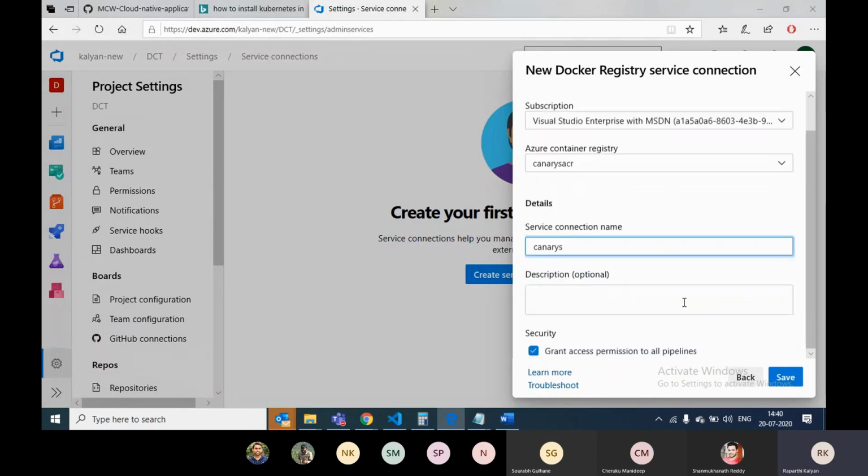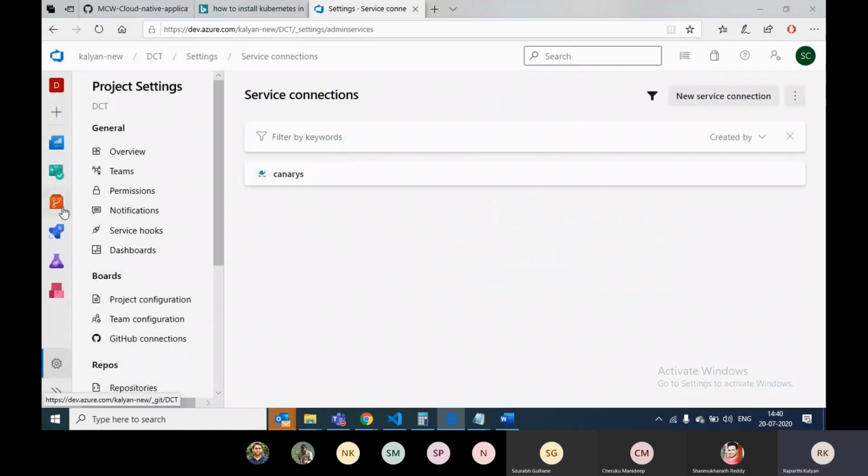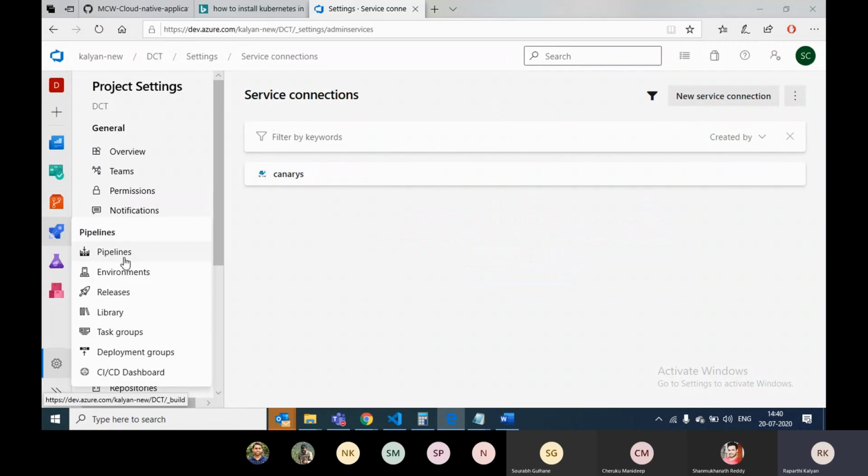I'm naming this. Sorry for the delay. I don't know what the issue was with Google Chrome.